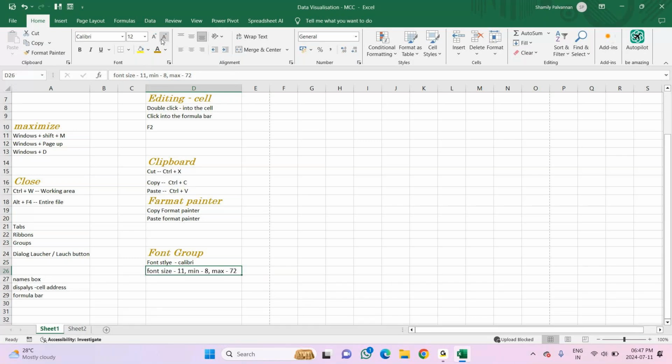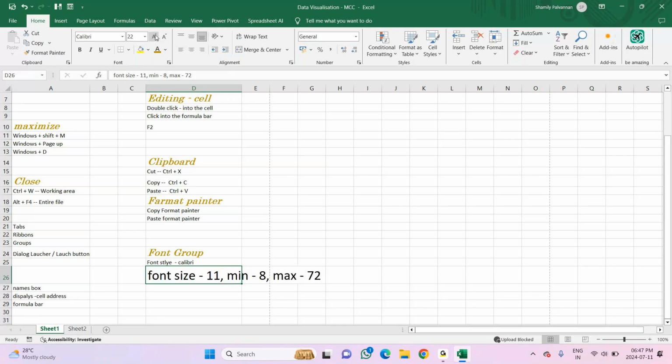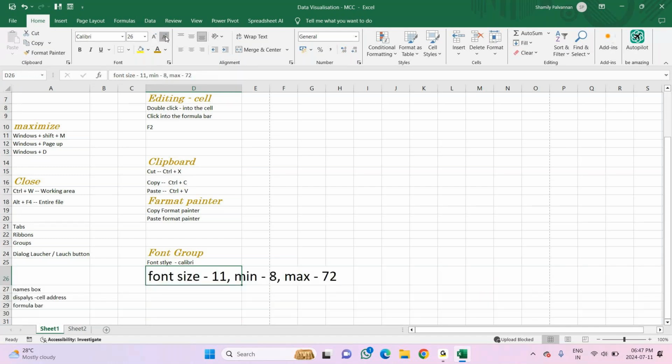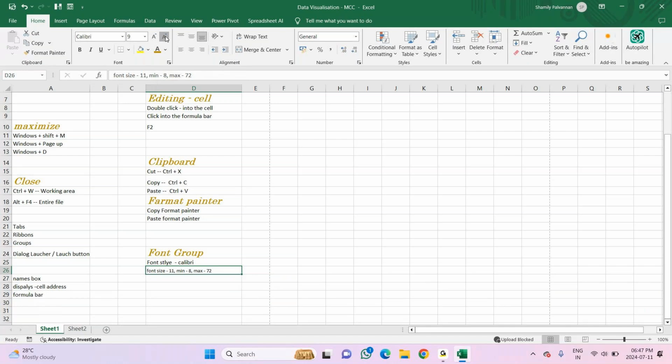But see, when I'm increasing, it will increase up to 72, and after that it will not increase, however many times I click. And the same thing if I'm decreasing: if you keep clicking here, it will reduce only till 8, and it does not cross beyond that. So if you want less than 8 or more than 72, you have to type manually.